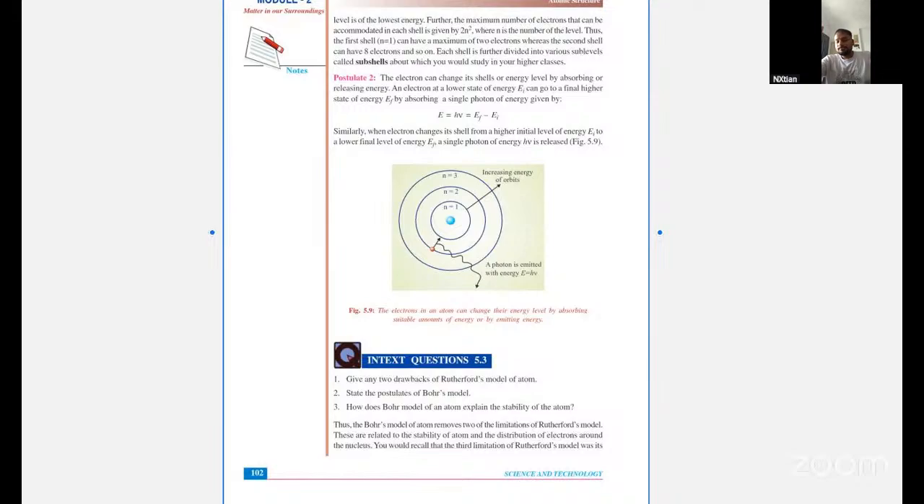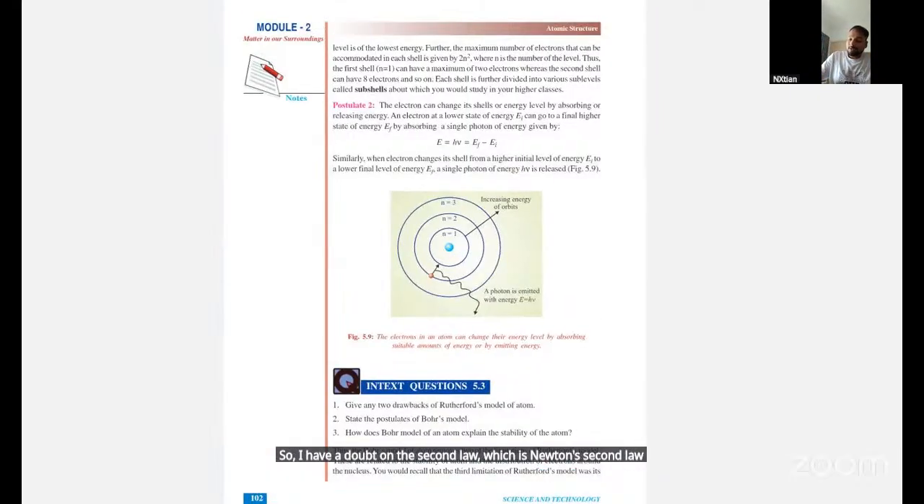Yes, next doubt, please. I have a doubt on the second law of motion, Newton's second law. Newton's second law of motion. Yes. Say loudly. Before you change the